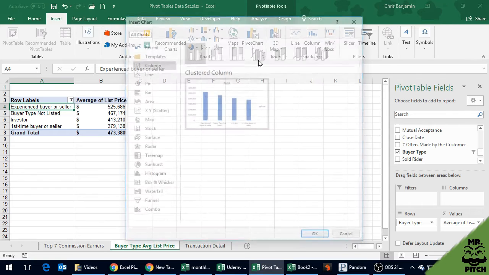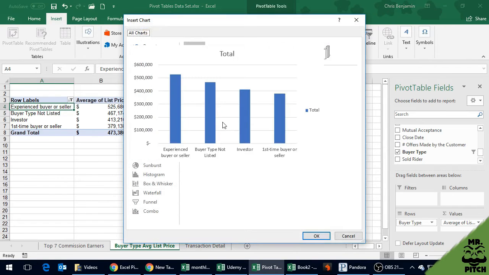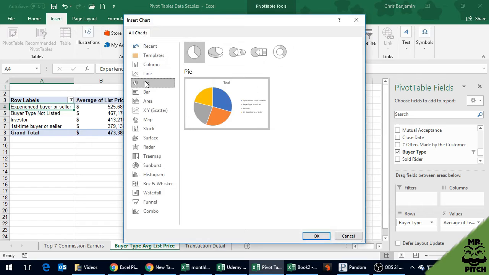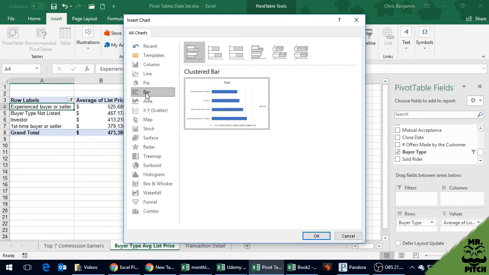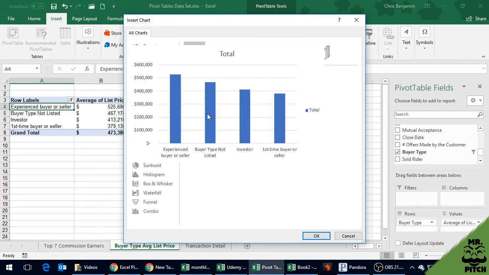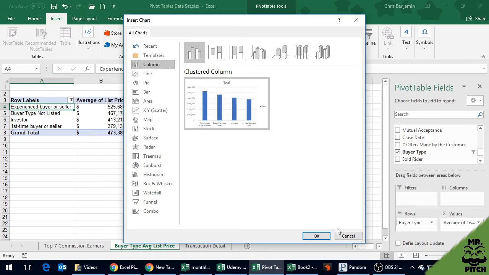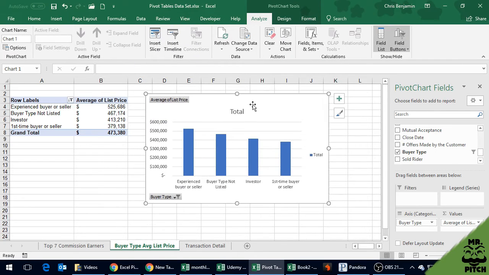Let's just see. So this is kind of useful. What else we got? We got our pie chart. Just to mix it up, I kind of like our column. There's also bar, which does it this way. That might be interesting. Let's see, column. Column presents a bit better, so let's go with column. Let's move this over here. We'll even type this. This is average list price